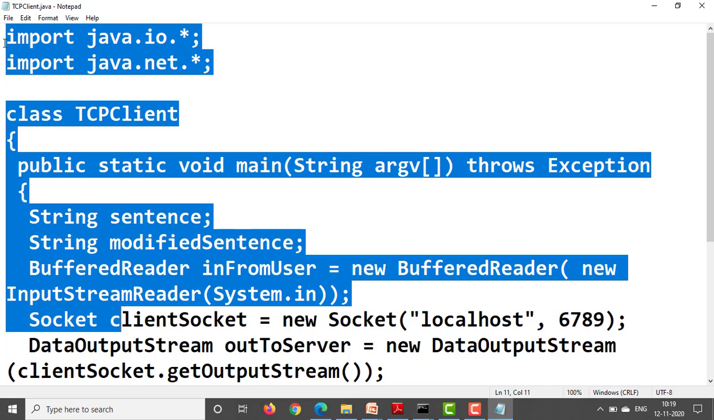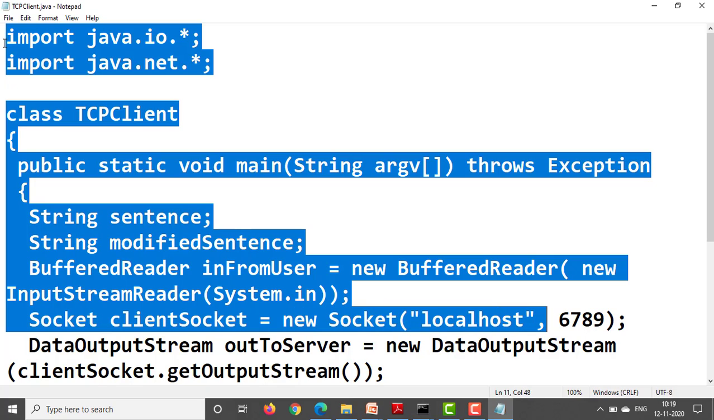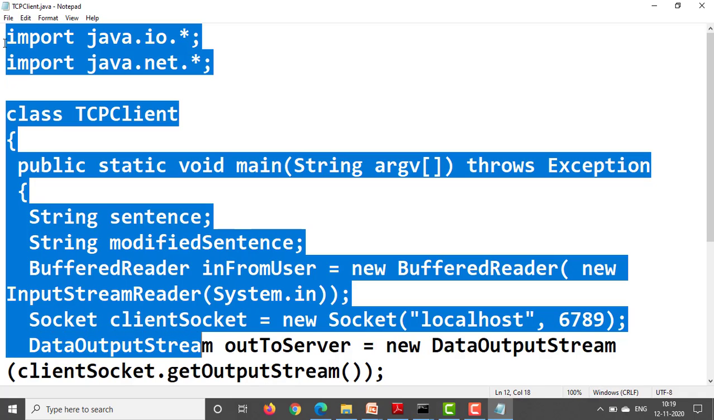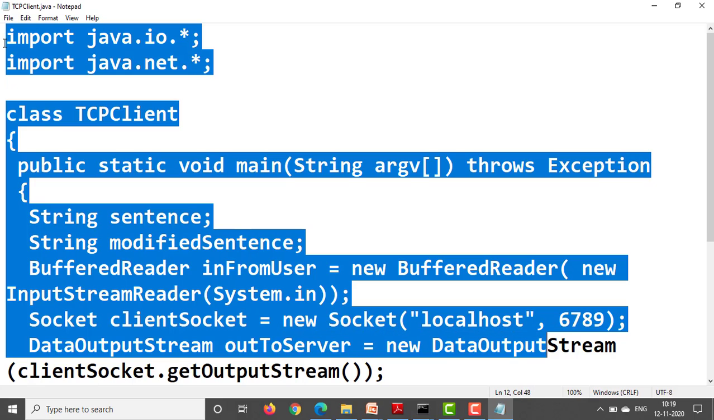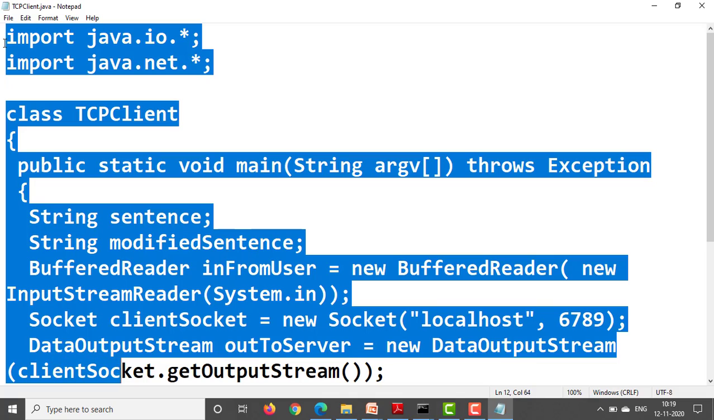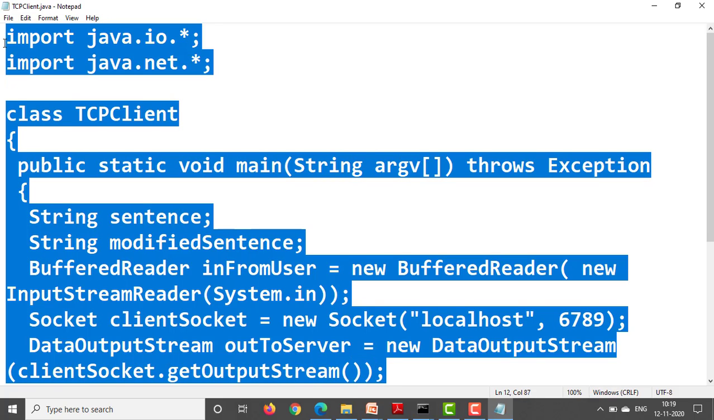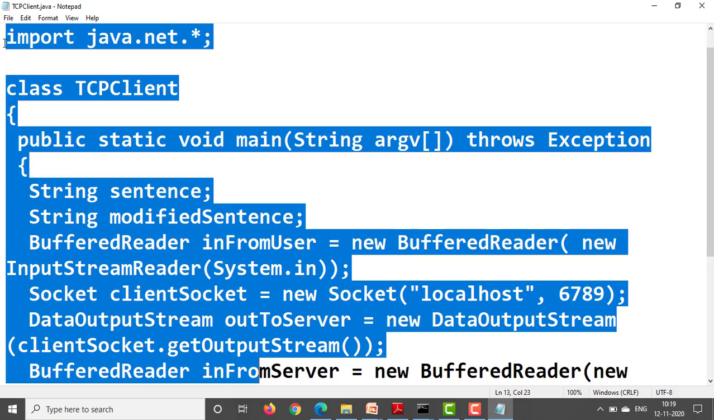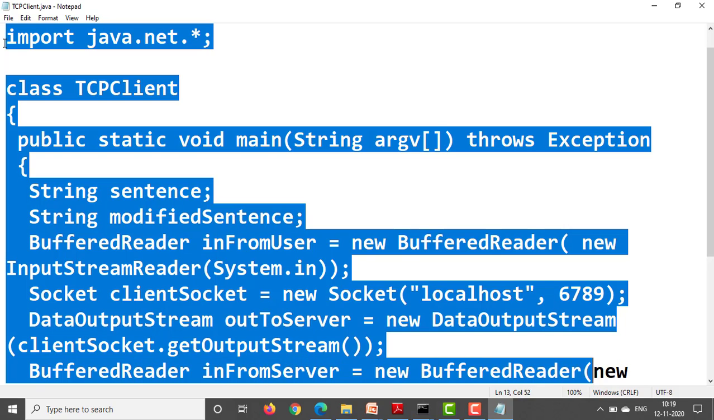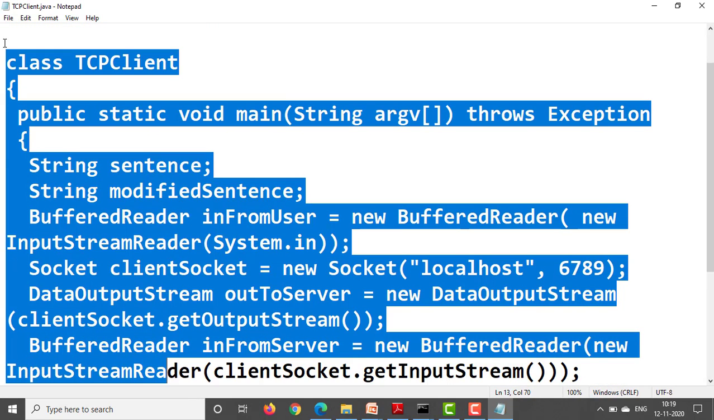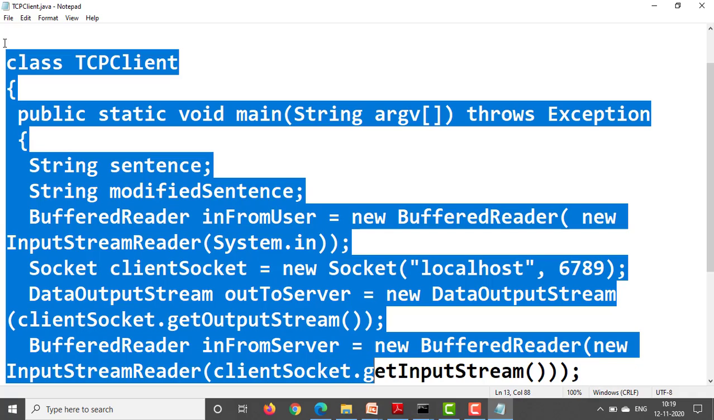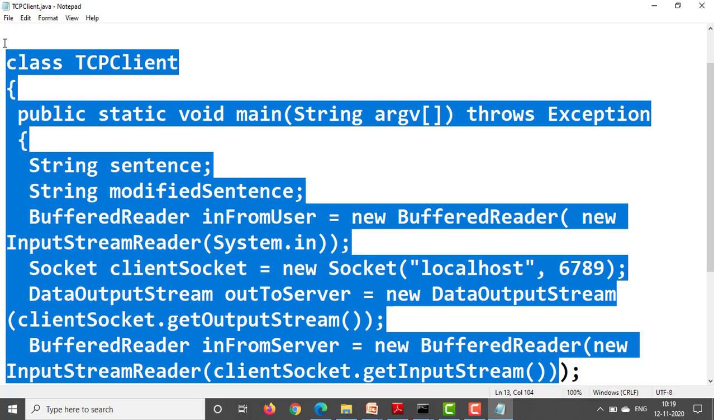Next, Socket clientSocket = new Socket("localhost", 6789); This is the port number 6789 we have considered. Next is DataOutputStream outToServer = new DataOutputStream(clientSocket.getOutputStream()); Next, BufferedReader inFromServer = new BufferedReader(new InputStreamReader(clientSocket.getInputStream()));